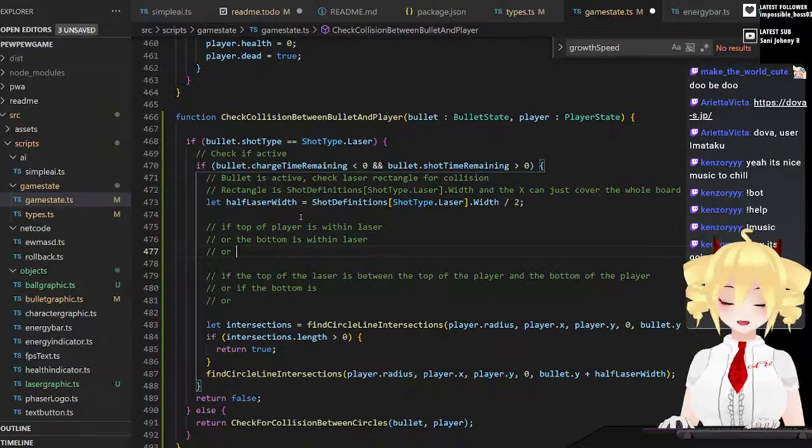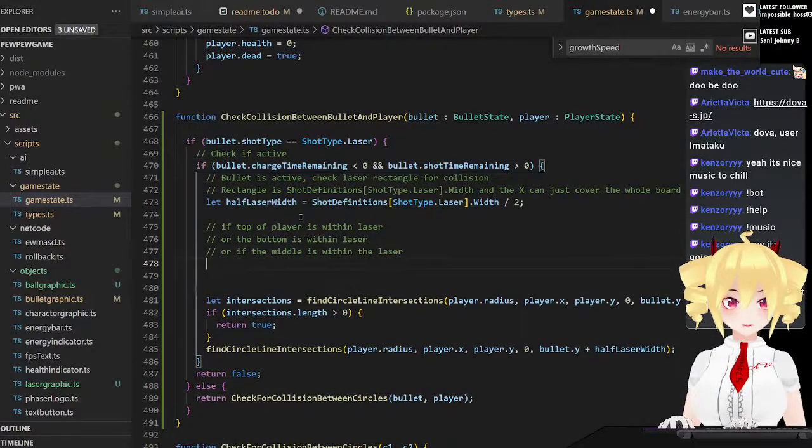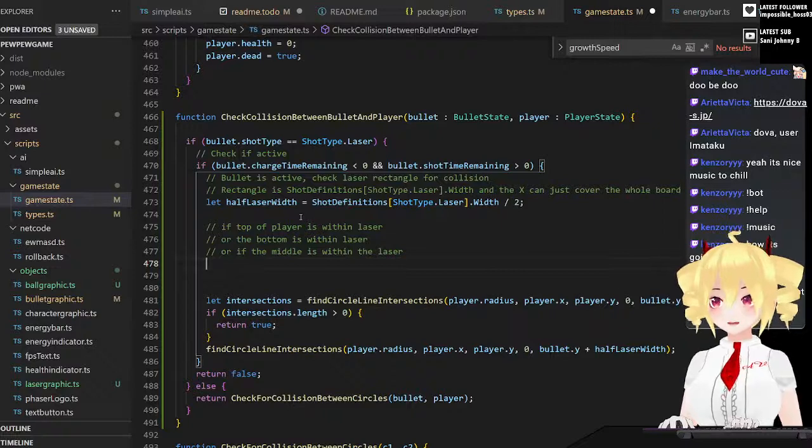There might be a problem if... I guess I could also check if the middle is within the laser. That's probably good enough, honestly, because the laser should be wide enough that one of those will be true. I don't think the laser can fit in between the top and the middle of the player. So I think we can simplify our check to this and do